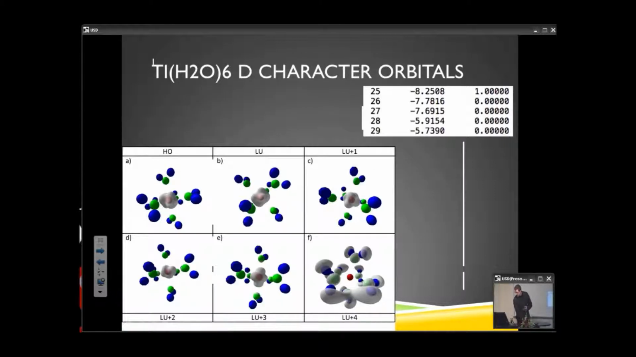What we have here is the hexaaqua molecule, and I have listed the HOMO through the LUMO +4. This is a d1 electron configuration, so we expect to see the HOMO in the first of the d characteristic orbitals, which is shown here. The following corresponding d orbitals are also shown. F is shown just to show that we lose the d character,